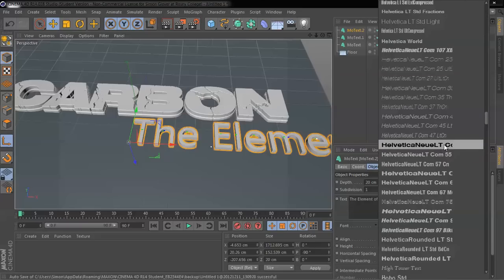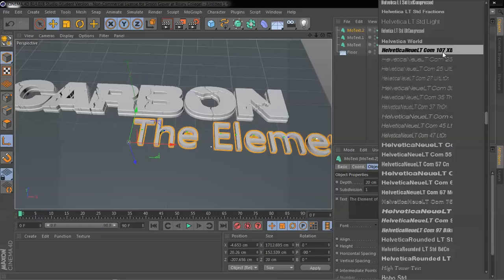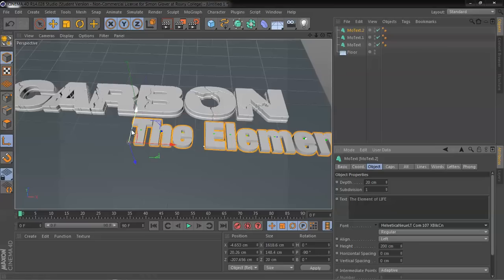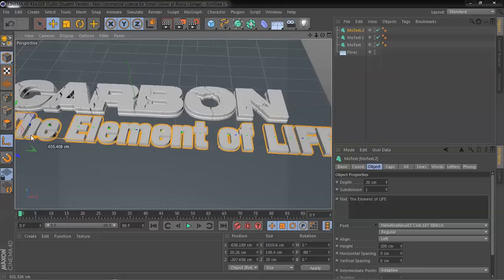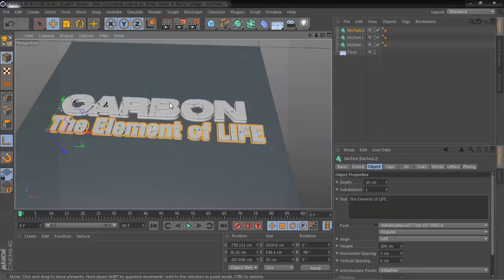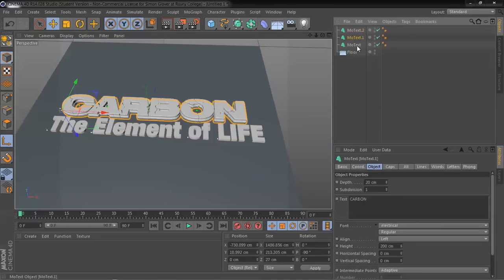Alright, Helvetica Neue LT, where is it? LT Com 107, it's called LT Com 107. There it is. That's the one. Alright. Check this out. Now, if you want to change the size of your MoText, I'm just going to make